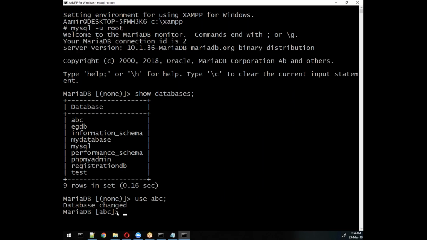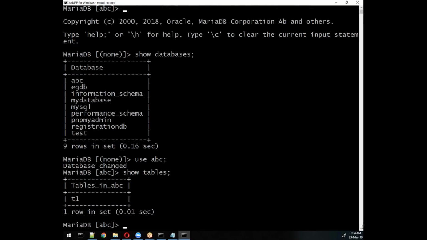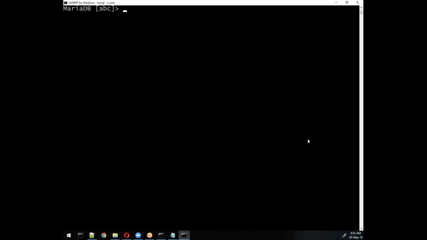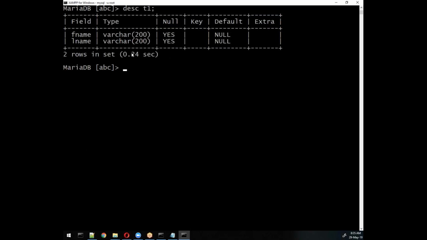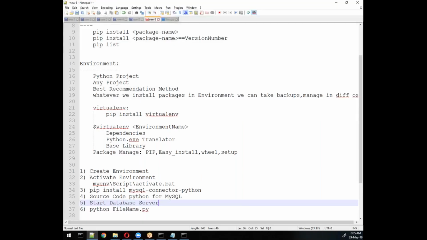Now we'll see how many tables we have here. SHOW TABLES. It will give you the tables. Oh, T1 only I have. I just want to know, DESCRIBE my T1 table. Oh, fname and lname. So I'll change my code a little bit based on my table.